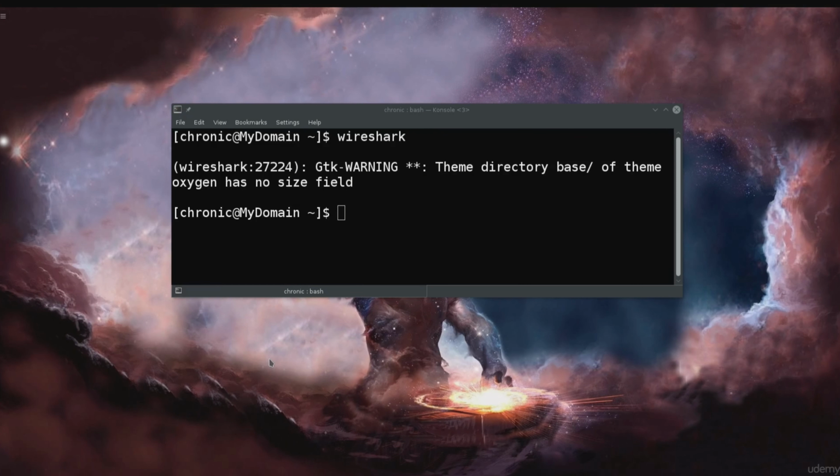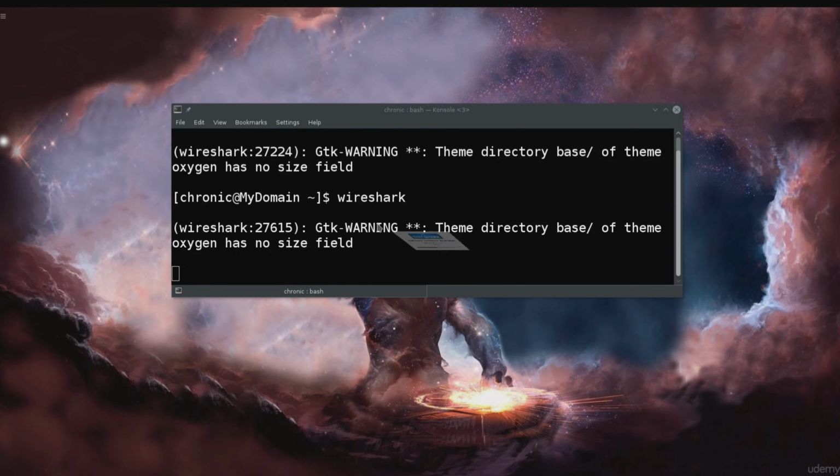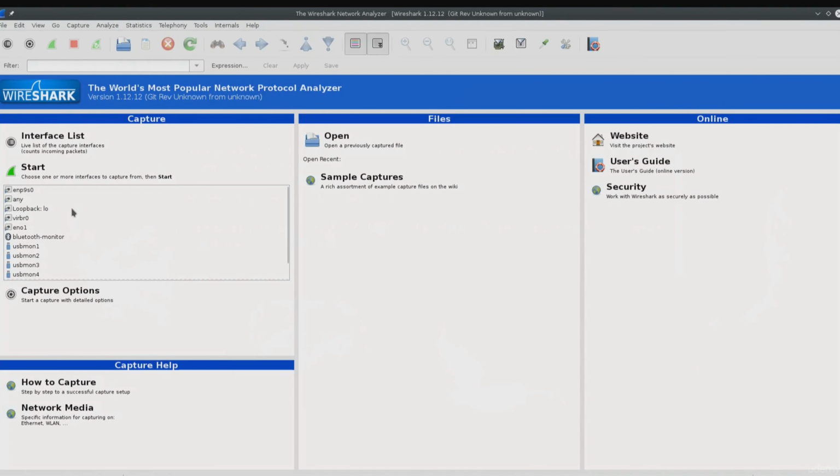Okay, so welcome back. After I have logged out and logged back in, Wireshark seems to be working just fine with a regular user. So Wireshark starts off and I get a list of all the interfaces from the left side. Now Wireshark is filled to the brim with options, but I'm going to go over some of the basic ones here with you now so that you can orientate yourselves and know how to use its basic options